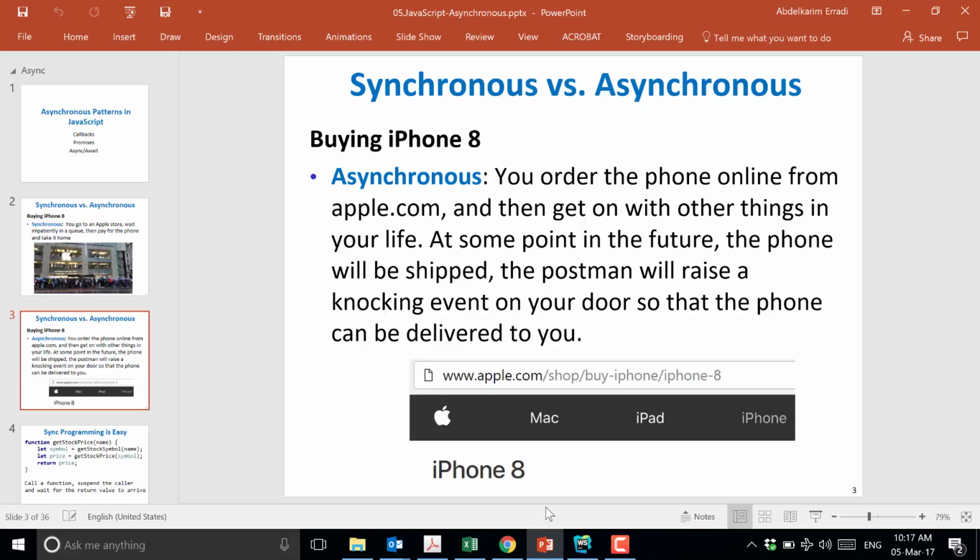Okay? But in practice, especially in web development and in enterprise applications in general, asynchronous programming is the dominant style, is the way people do things. Why do you think? It's a very important programming style that you must master. This is not like an option. It's a must. What you will all really take from this course is asynchronous programming. It's a new style, as you will see shortly, with some nice techniques to do it. We will quickly see the evolution, and then we will see the latest way of doing it, which is a very elegant way.